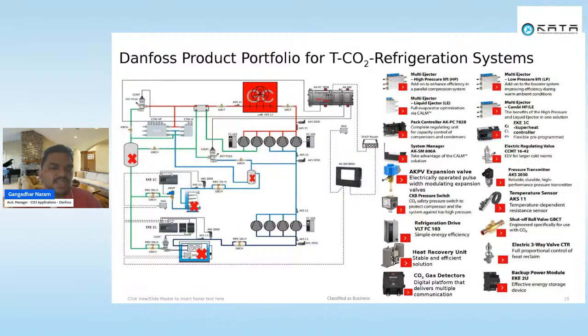We do have the high pressure expansion valve, ejectors, ball valves, evaporator controllers, superheat controllers, solenoid valves, expansion valves. Pressure sensors, temperature sensors, main PLC, gas detection systems, system manager. So system manager is like a SCADA system manager. And if you see on the right side, the low pressure switches, high pressure switches. So all are available in the Danfoss portfolio to design any CO2 heat pump or CO2 chiller systems which are rated for high pressures.